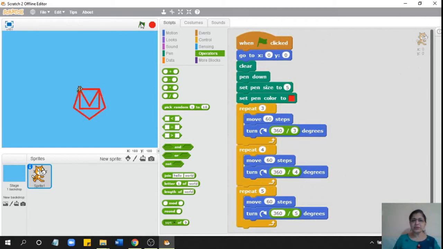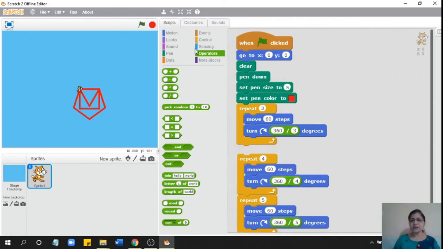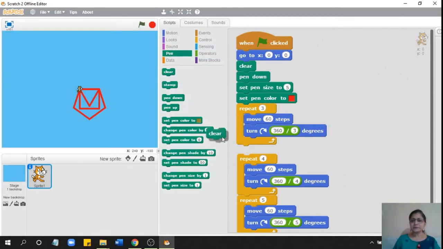See this. This is going to draw, but it is not clearing the previous figure. So if I give a clear command in between the two figures, then it will draw. Suppose I give a clear here and a clear again, but it will be too quick. We'll have to wait for some time.